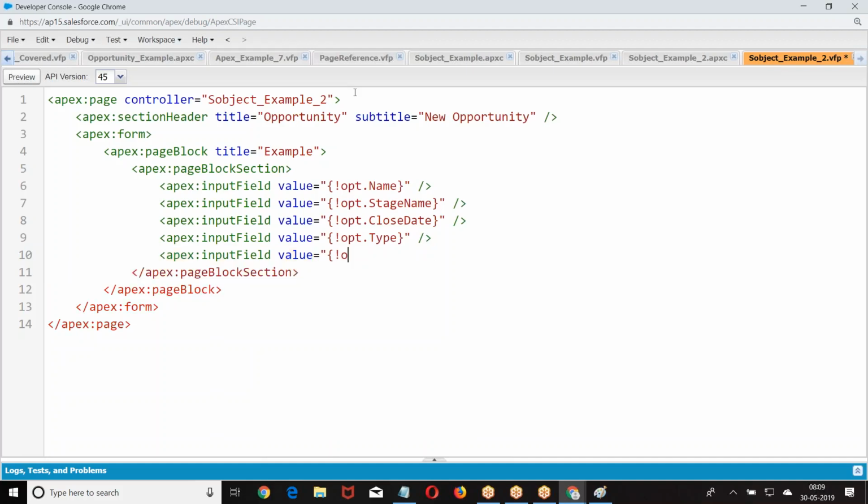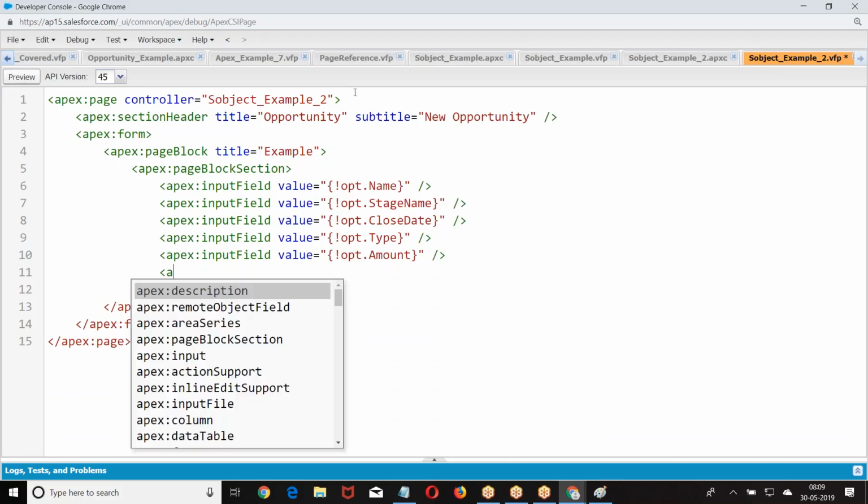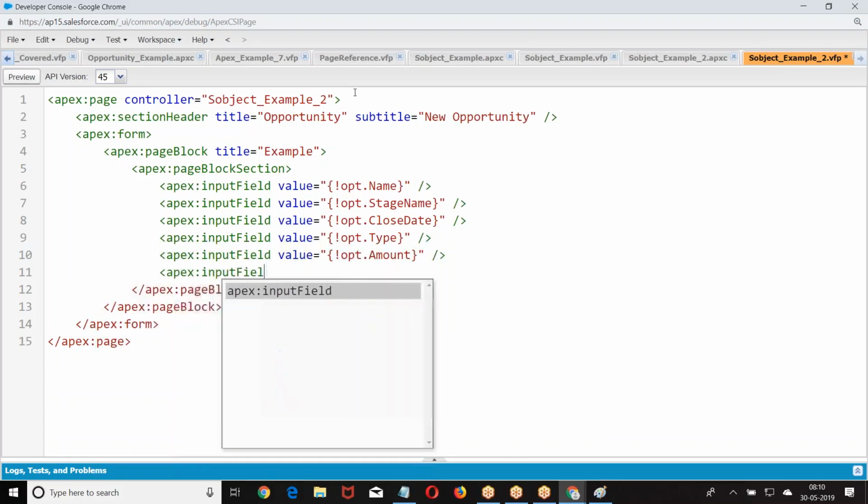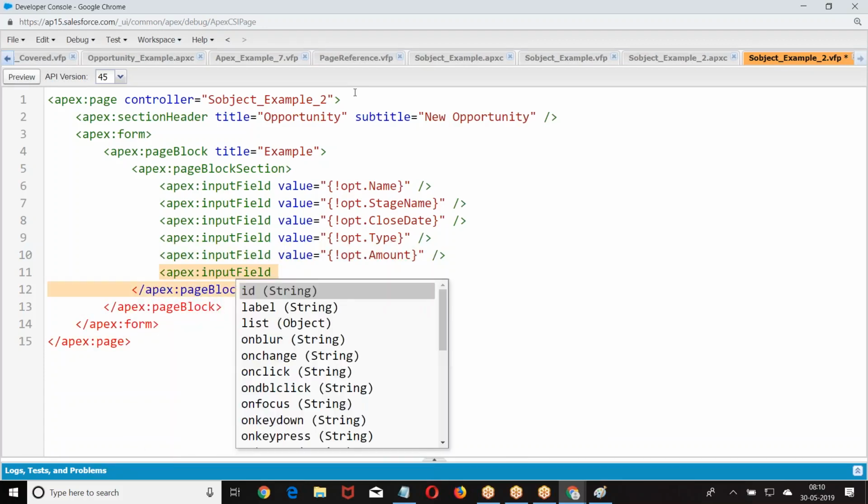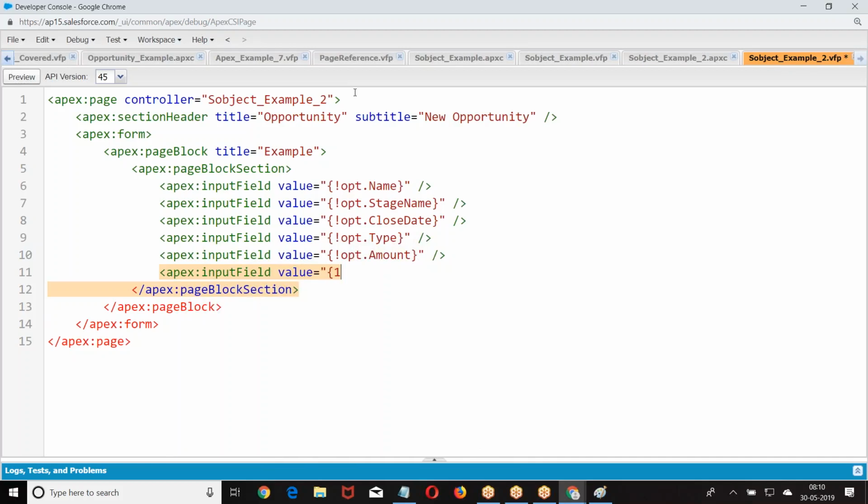Value, OPT dot amount. This is how I am giving.